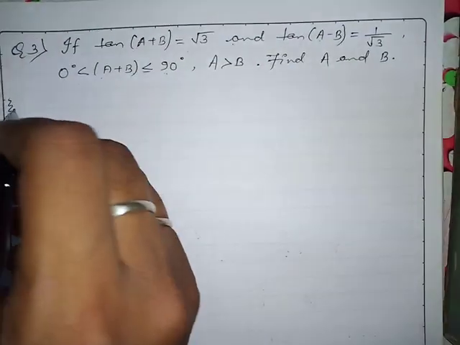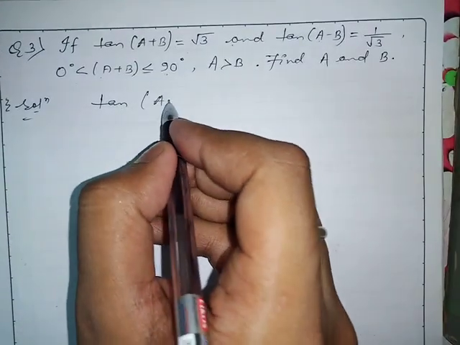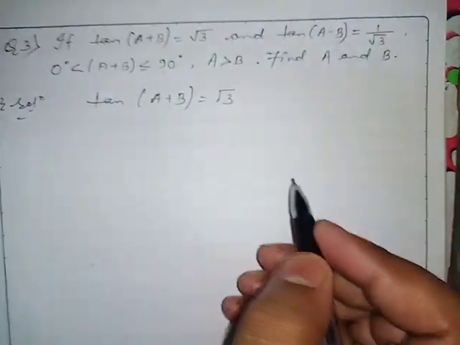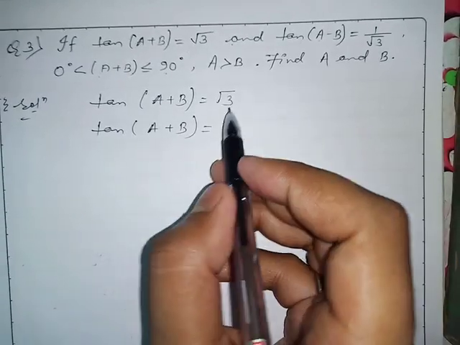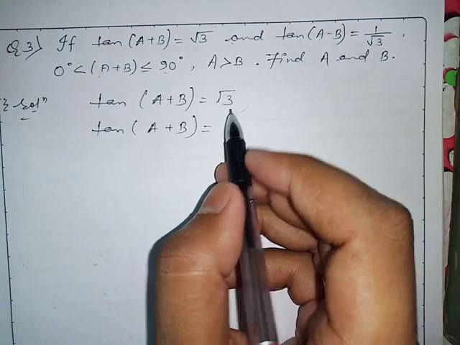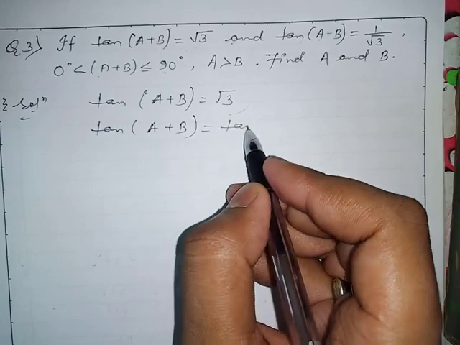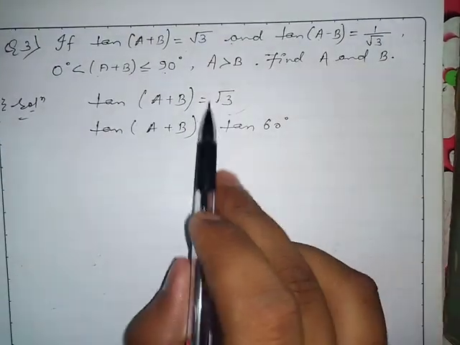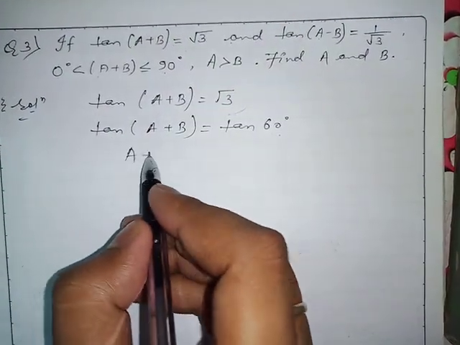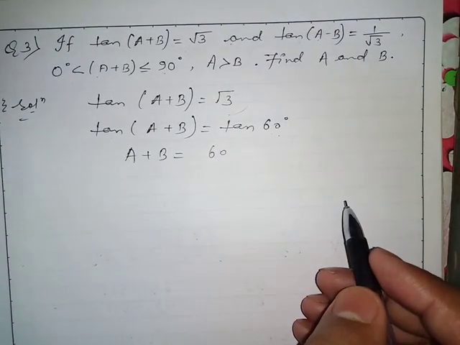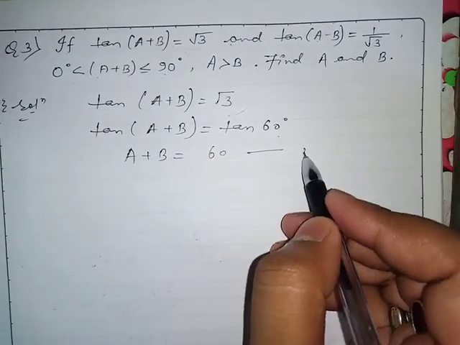Okay, so see here, you will solve like this. It is given that tan(a plus b) is equal to root 3. Okay, so I can write it like this, tan(a plus b). So for what value of tan is it root 3? We know that the value of tan 60 is root 3. So I can write tan 60 degree in this part. Okay, in place of root 3 I can write tan 60. So in this equation I can write like this, a plus b is equal to 60. Okay, because this tan is cancelled out. So you will take this equation as first.